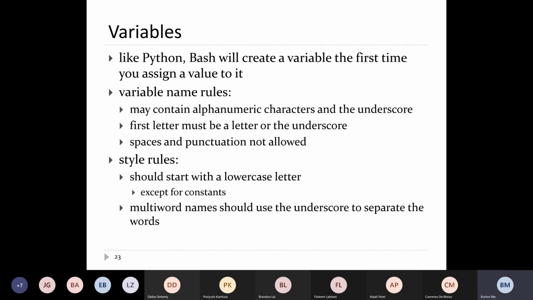Like most imperative programming languages, you have variables available to you in Bash. Now, Bash is like Python in that it will create a variable the first time you try to use it. So this one says the first time you assign a value to it. That's not true. First time you try to use it, Bash will create a variable for you, which can be confusing,